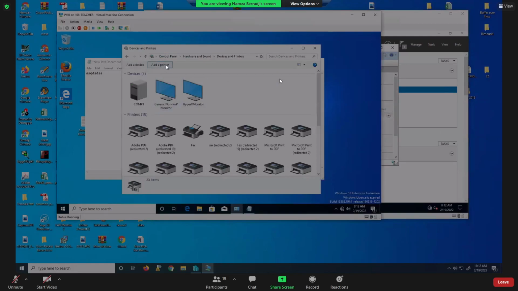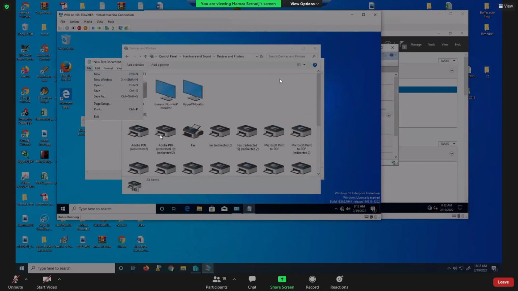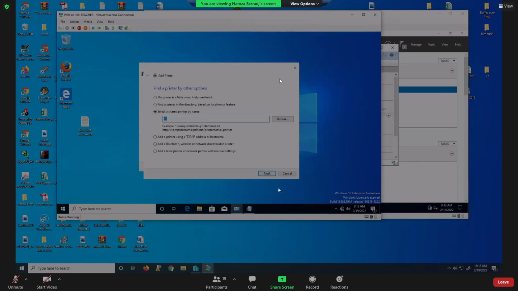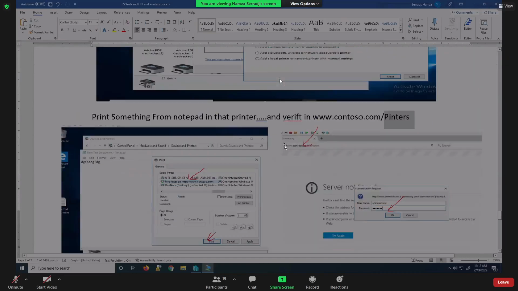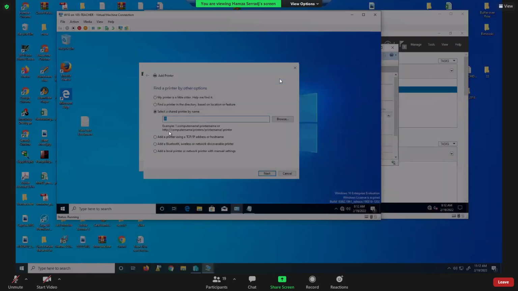Okay, now once I'm gonna add printer, I will not add it the conventional way, so my printer will be available right here. I want to open it with the Firefox or whatever, Internet Explorer or something. So I will add it in another way, in the web format URL here. And you can see it right here. Right? There you go. Or you can even see it on the bottom here. See, it's telling you if you want to add an internet one, this is the format. Okay, so I'm gonna go with HTTP://